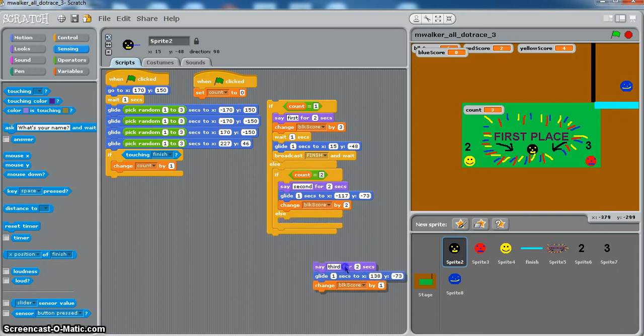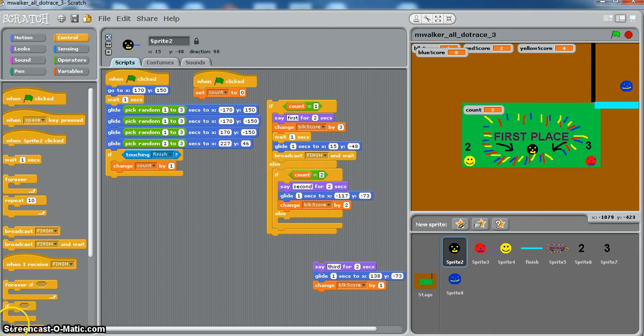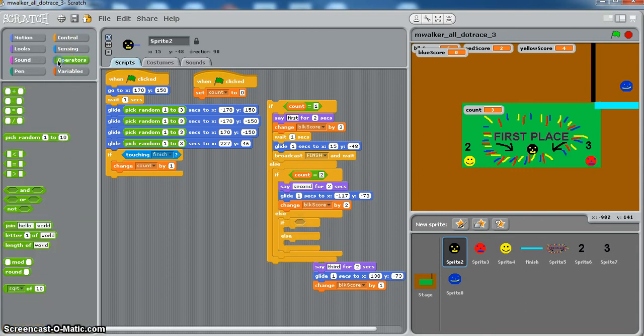We're going to pull out the third right there, and we're going to grab another if-else statement. And we're going to place it here. And now we're going to grab another equal operator, and we're going to make this 3. And we're going to grab another count. Just take this and duplicate it. Put it there, there. So now I'll take this third place